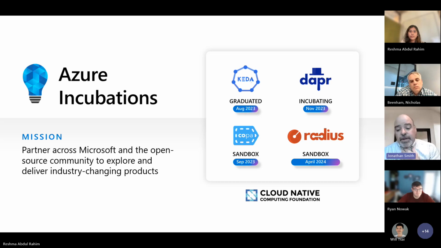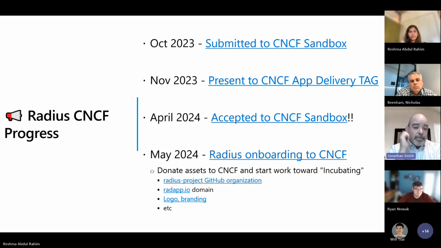And then we had this great milestone, as Reshma mentioned, just last month, April, where Radius was approved as a sandbox project. So CNCF's been a great partner for us, not just for Radius, but for a bunch of other projects that we're focused on. Reshma, if you go to the next slide, here I'll talk a little bit more about the actual progress around Radius specifically. So folks on this call, you may recall that back in October last year, Mark Russinovich announced Radius